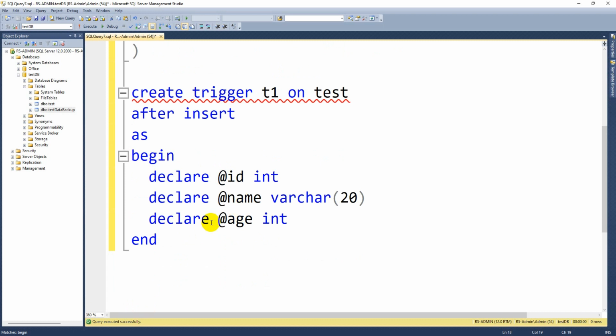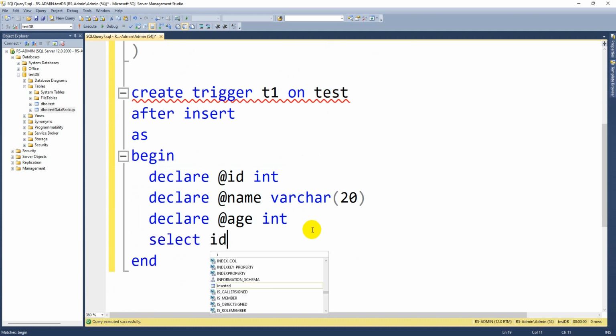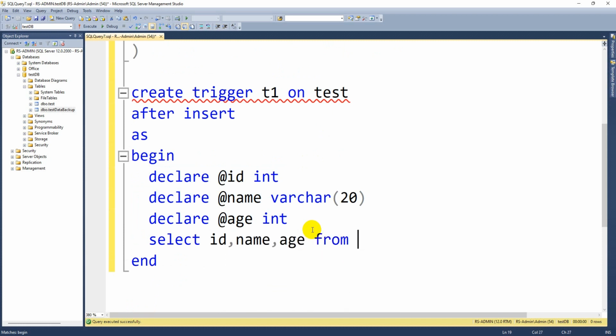That means you need some variables where you can get the data that is inserting on this test table. So select id, name, age from, and here you should not take test. There is a predefined class called inserted. There are two predefined classes: inserted, which works for insert and update, and deleted for deleted records.